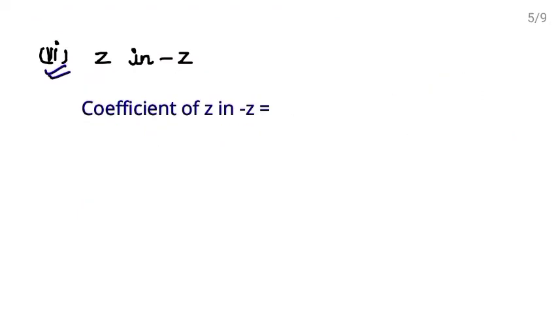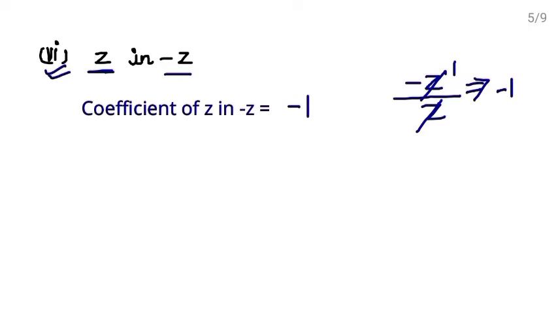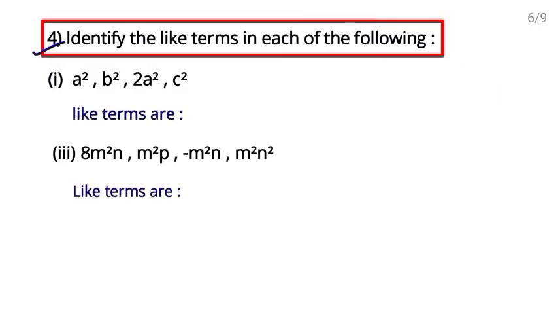Next, sixth part. Find the coefficient of z in minus z. The algebraic expression is minus z and you are finding the coefficient of z. So divided by z. z to z cancel out, but you have minus sign here. So you can say that z ones are z, right? So this is minus 1. So the coefficient of z in minus z is minus 1. Clear? Because z से z तो cancel out हो गया था, minus 1 was remaining. So this is equal to minus 1. Clear?